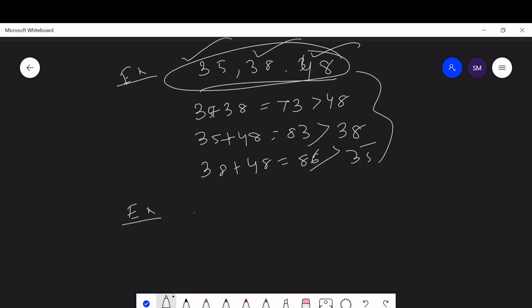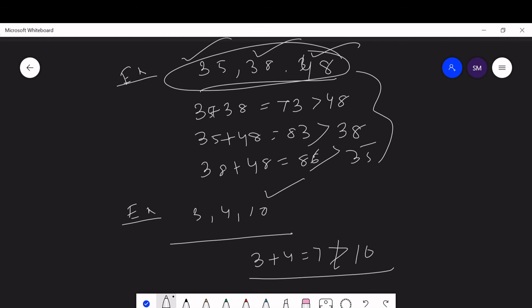Suppose another set is given: 3, 4, 10. Can we form a triangle using these three measures? 3 plus 4 is equal to 7. No, 7 is not greater than 10. This doesn't satisfy the triangle inequality property. We cannot use these three measures as the sides of a triangle to form a triangle. Okay, then